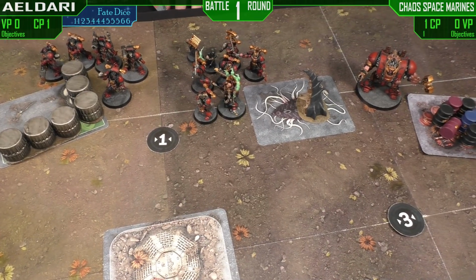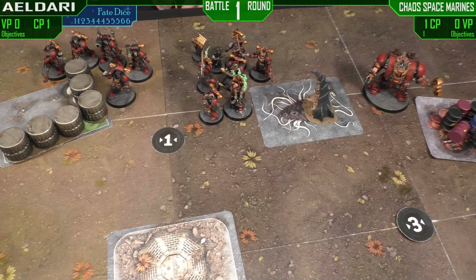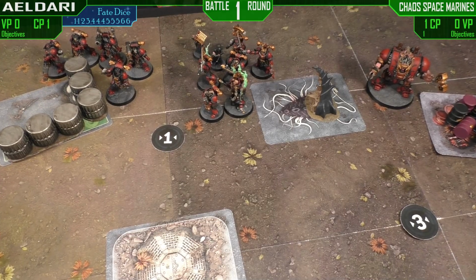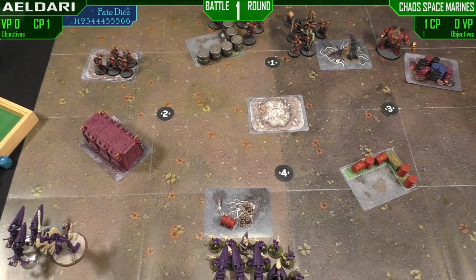The Havocs and the other unit of Marines have moved towards Objective 1. The Havocs can see the Wraith Lord and the Guardians, whereas the Marines are there to sticky Objective 1, and the Hellbrute's going to plod along towards Objective 3. So I'm going to start the shooting phase with the Havocs, who are going to use Dark Packs to give